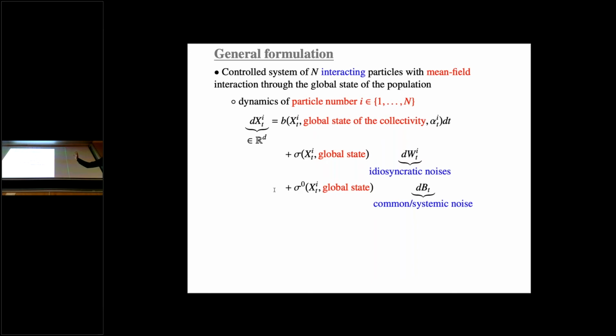And in the drift, you see that there are three inputs. The first one, very classic, is the state of the particle at the same time t. So this is just the velocity of the individual. And as I told you before, this velocity field is controlled. The notation for the control in my lectures will be alpha^i_t. So alpha^i is the choice of the control at time t by player i. Everybody is choosing a home control, and so depending on who you are, you have another choice of the control.